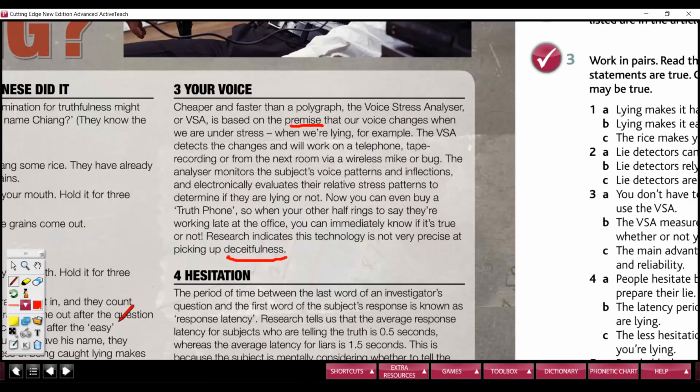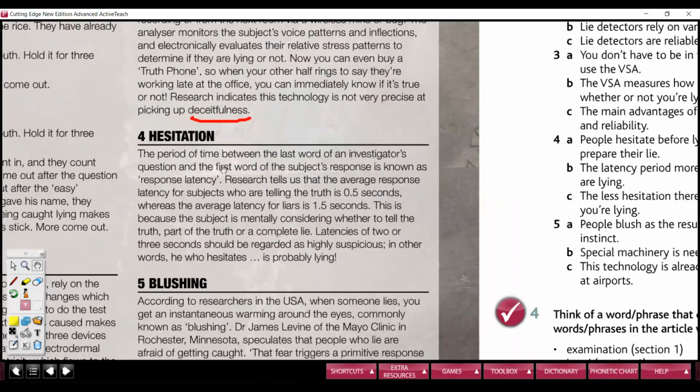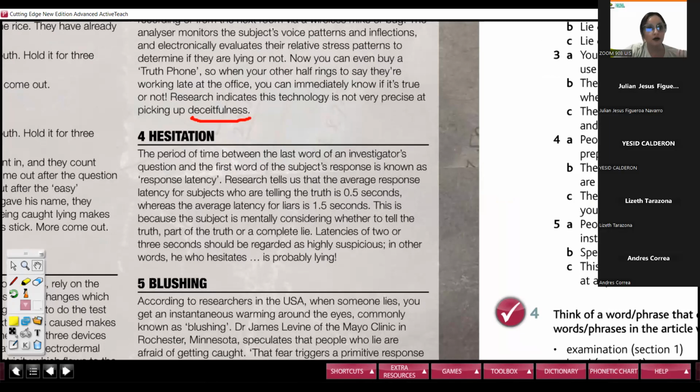Okay, we are ready. Now, next part, you guys read. Hesitation is like when you are like, yeah, that's hesitate. Okay, hesitation is when you doubt about what you have to say, when you make pauses, when you all start like, yes, you know, like, okay, that is hesitation.